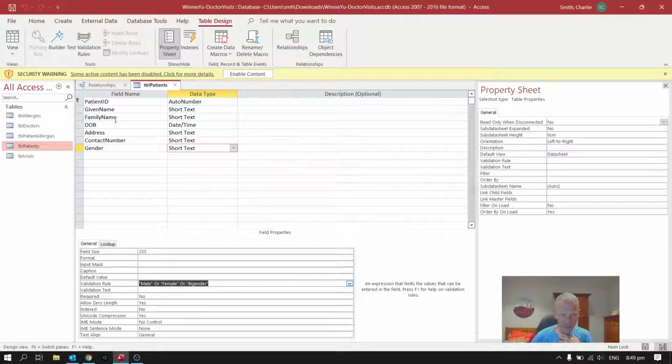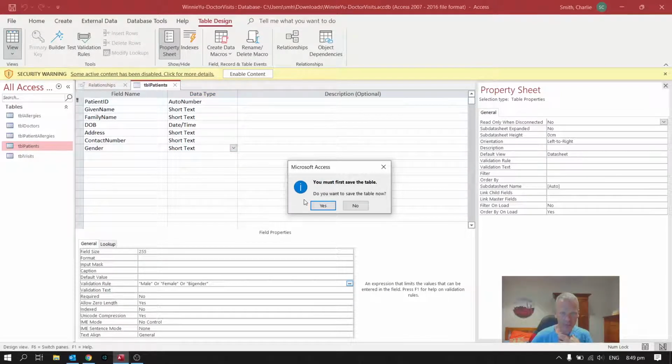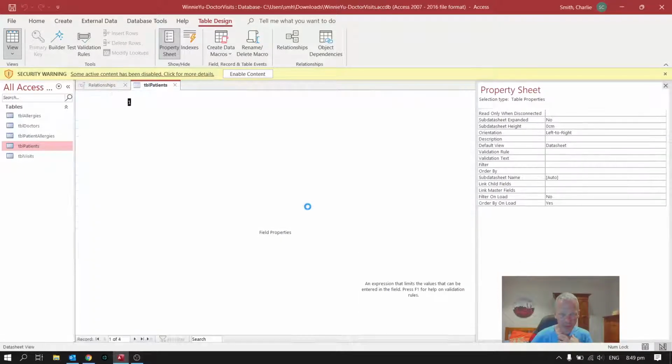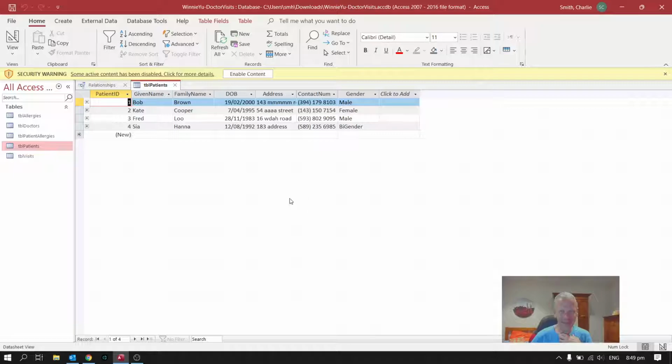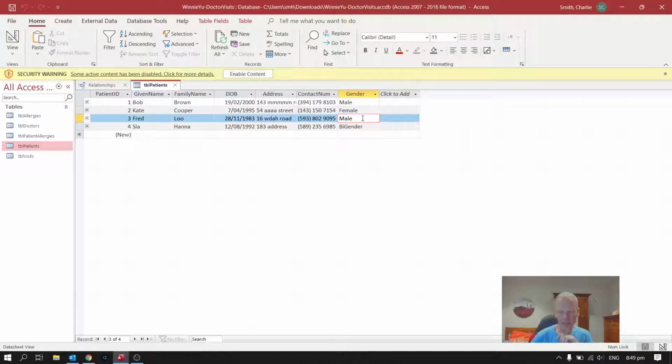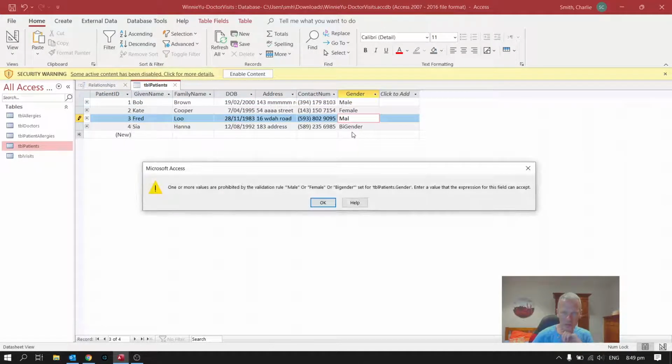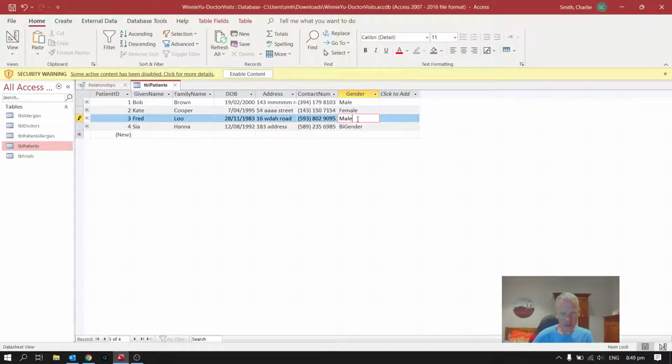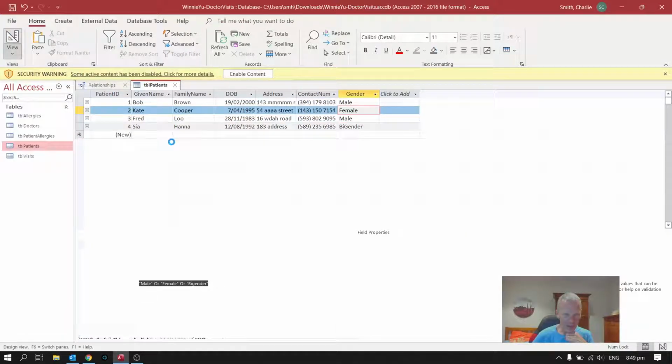So click OK on that, and let's just have a quick look at what that looks like. Say yes, and it's probably going to complain because I've got data in there already. So you can get yourself down a little rabbit hole if when you've put data in, test data like I have here, and then you start changing your validation rules about it, can cause you problems. Anyway, so if I go to here and I say, I'm going to misspell male, and it says this unhelpful message here. This is not a user-friendly error message, although if you read it carefully, it does explain what the problem is. So I'm just going to go to correct, and then I'm going to go back into design view,